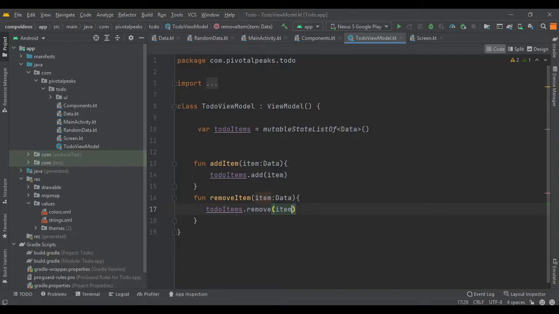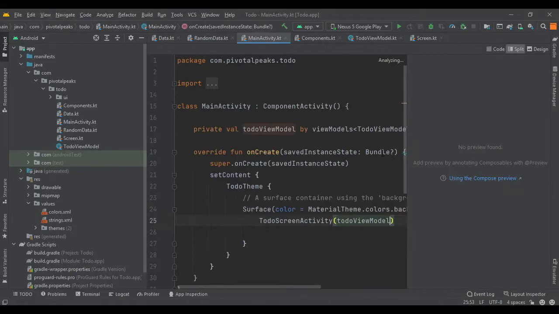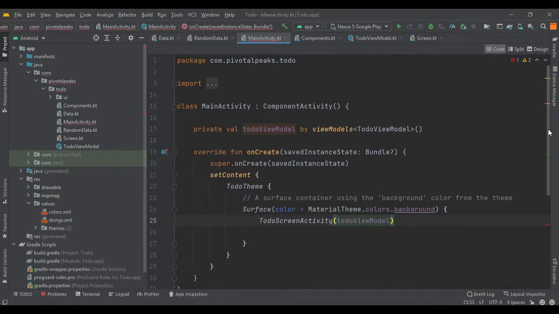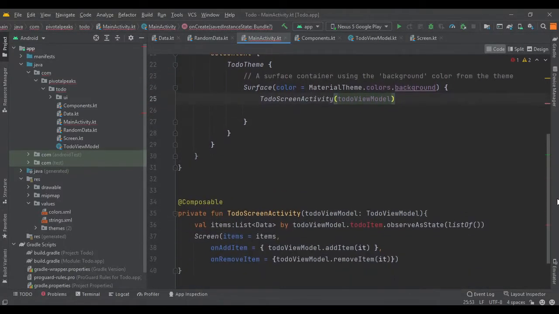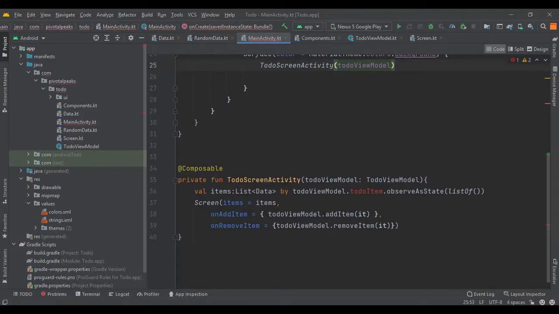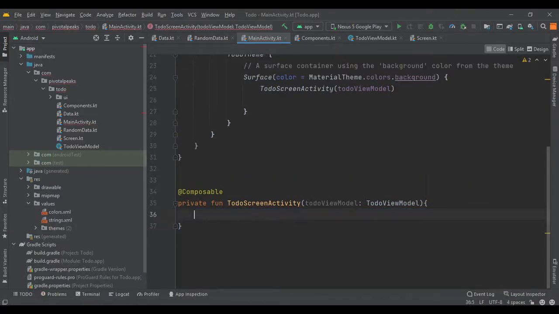Now we need to update the to-do activity screen to use this new view model. So let's go to our main activity, and let's delete all of this stuff because we are going to pass the to-do screen in a new way.